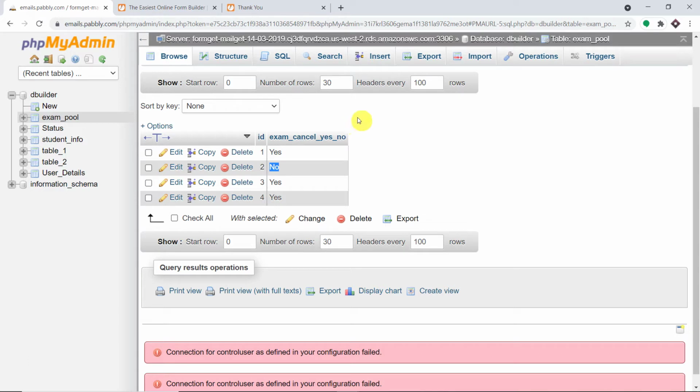Your obvious question is, how did I do it? How did I manage to send the data from JotForm to multiple tables in MySQL? Here I have used an integration and automation software called Pabbly Connect that integrates JotForm and MySQL. The best part of using Pabbly Connect is there is no need for coding skills or programming knowledge. Let me show you the process.